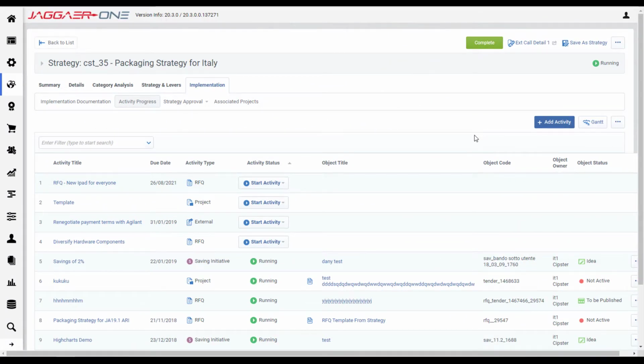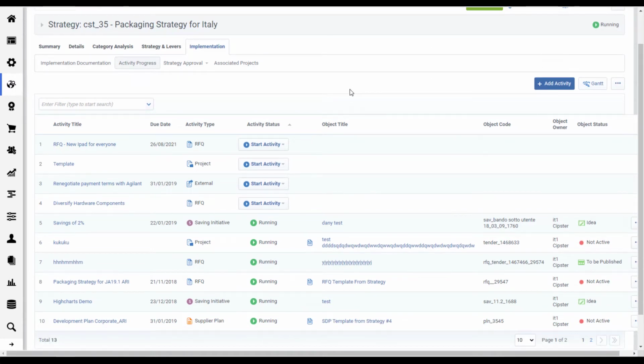So as you can see, I've already navigated to a specific strategy, and I'm on the Implementation tab within Activity Progress. The reason that this says Activity Progress now is because the status of this particular strategy is running. You'll see below all of the activities that we've added to this strategy. The one I want to point out is the Diversify Hardware Components activity title that is an RFQ. You'll see that it has not yet been started, and we have the traditional drop-down in order to start that